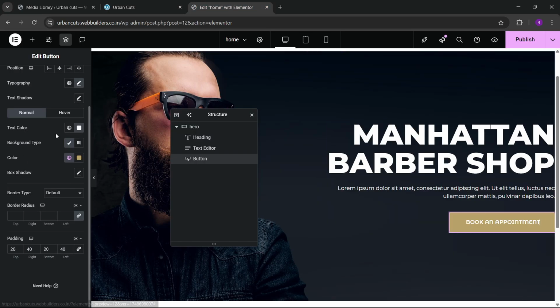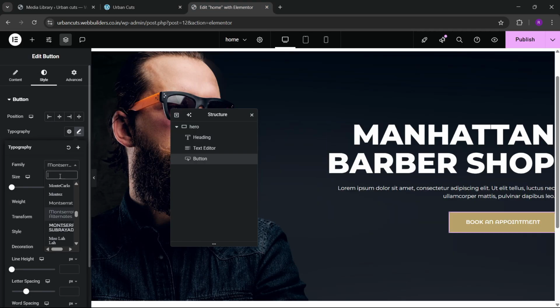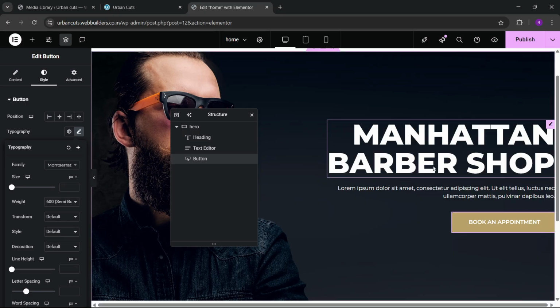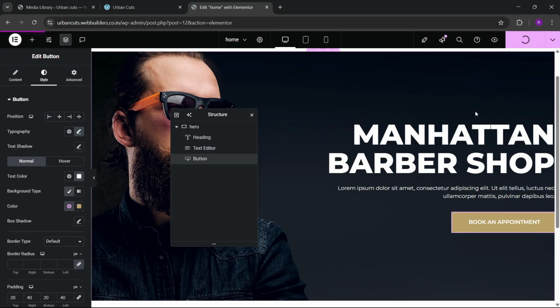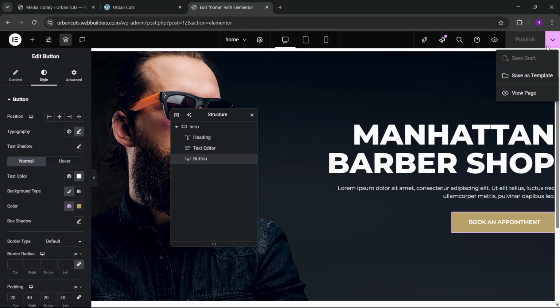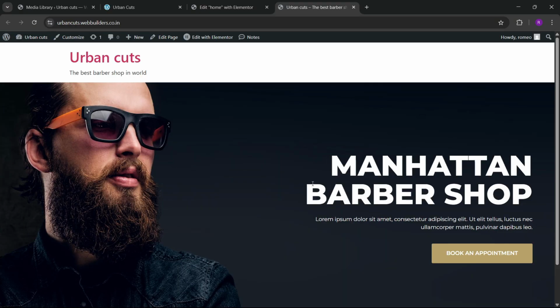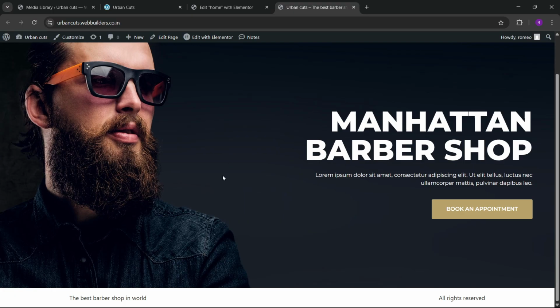So right now we are using a different font there. So let me have this font. Okay, so let's publish this, and also you can preview this from here. Here we have this option, so we can view the page here. After viewing the page, you can see that this section is almost ready. Okay, so we have successfully built our home page,